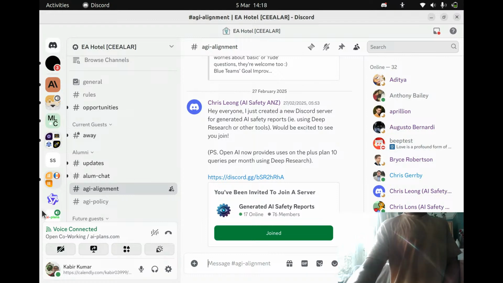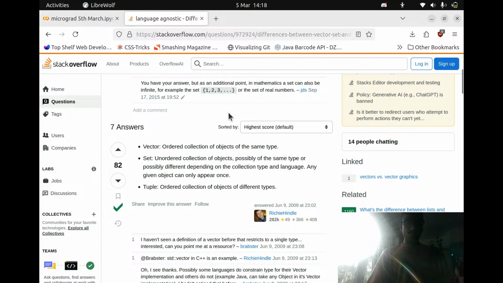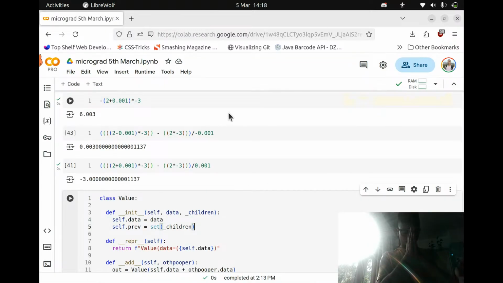So now, when we are creating a value like this with a constructor, children will be empty and prep will be the empty set. But when we're creating a value through addition or multiplication, we're going to feed in the children of this value, which in this case is self and other. So those are the